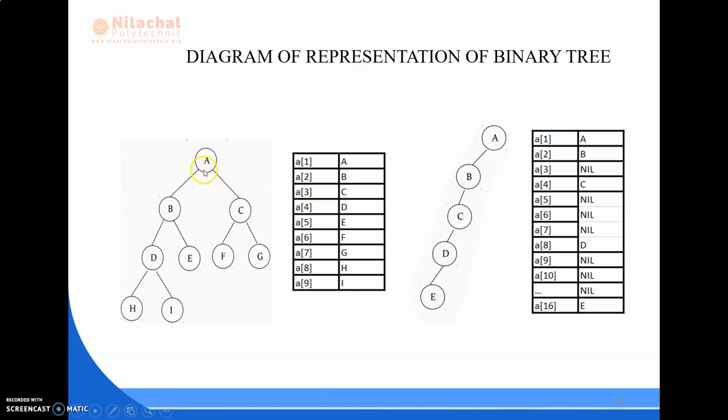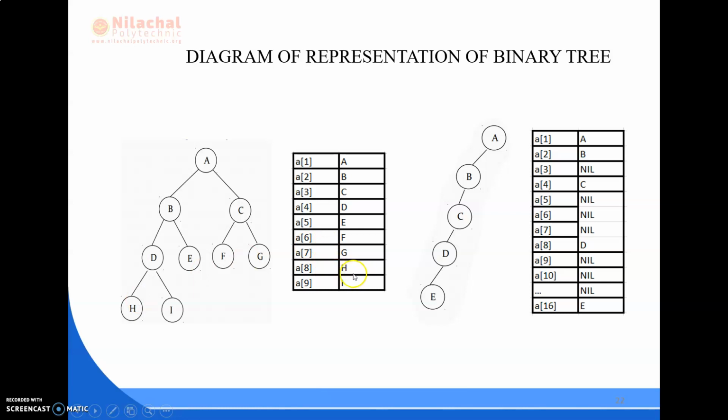That is, if it is 1, the left child is 2 and the right child is 2k plus 1, that is 2 plus 1. If it is 2, then its left child is 4 and its right child is 5. If it is 3, then its left child is 6, that is at the sixth position we have F, and its right child is at the seventh position, that is G. Similarly, D is now at the fourth position, so its left child will be at 2 of 4, that is the 8th position.